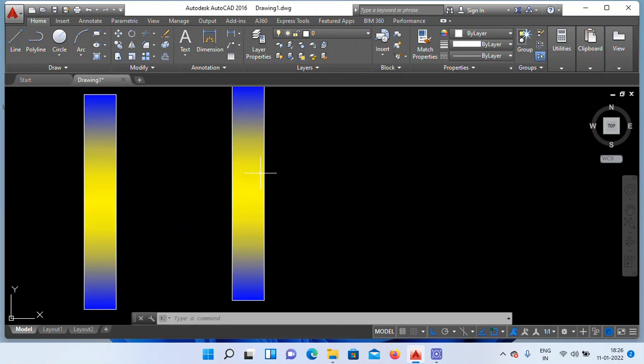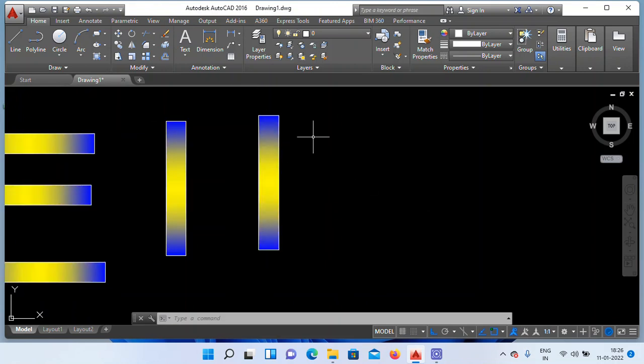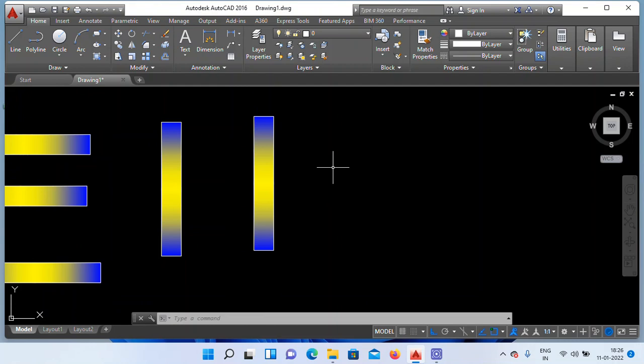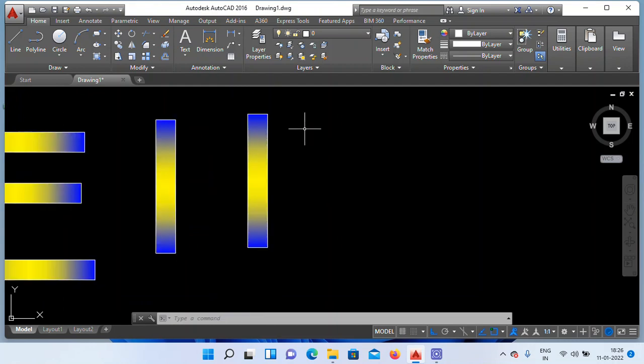In such cases, if there is an essential need, how to increase? Once you keep it in the block, the object will never modify. If you essentially need to modify, then apply the block edit command.